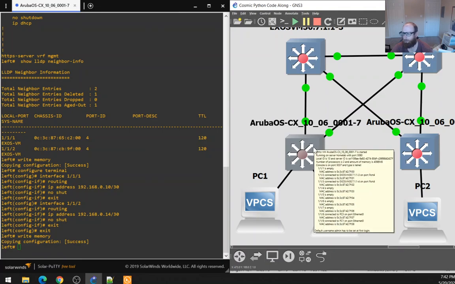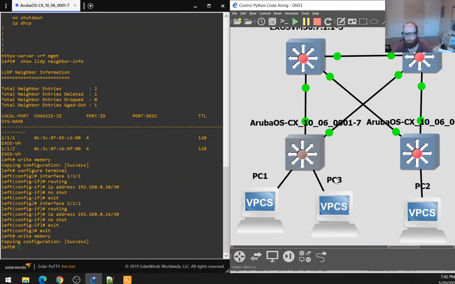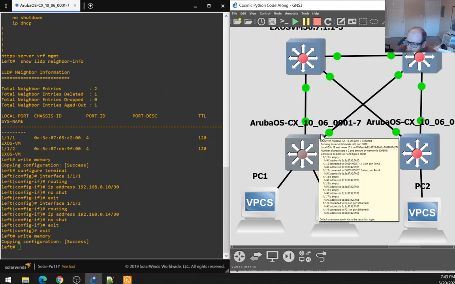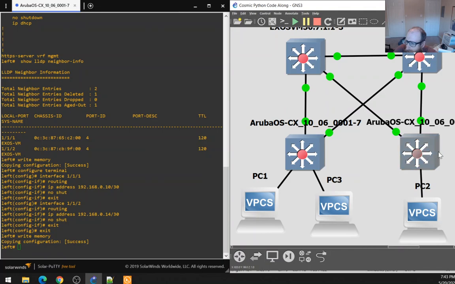But we have to have a dynamic routing protocol or configure all the static routes that we need. But I'd rather just use a dynamic routing protocol, because we are going to need to learn. So if we send a packet to PC2 and our default gateway is on this network, since there's a layer 3 boundary here, now